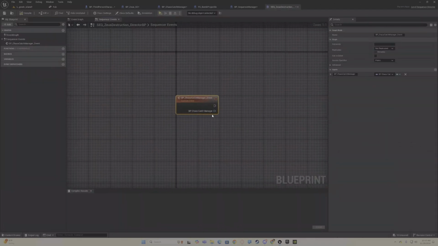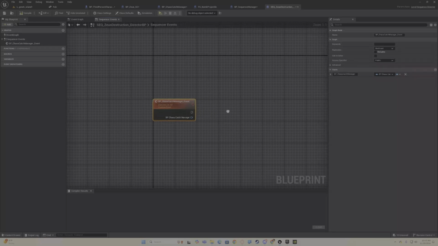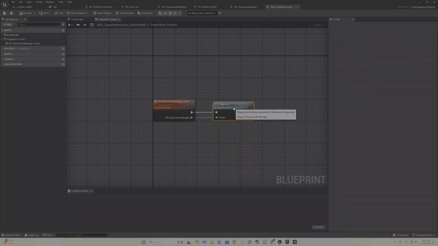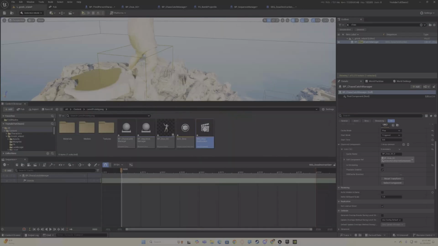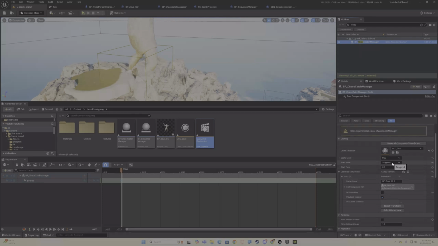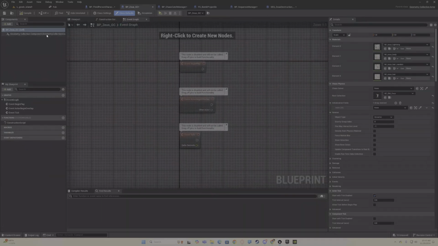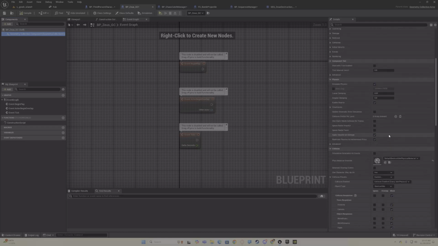So we're going to double click that here, and we're going to set this to multicast, and we are going to trigger all. So this is going to trigger, like I said, since we set our manager to play on triggered, so we want it to get triggered. So we have that set to triggered. So now we just need a way. How are we going to play the sequence? So good thing that we made this into a blueprint earlier, right? So what we're going to want to do is